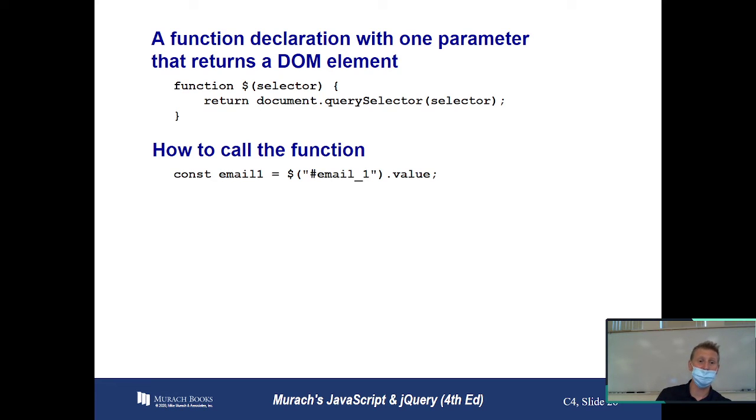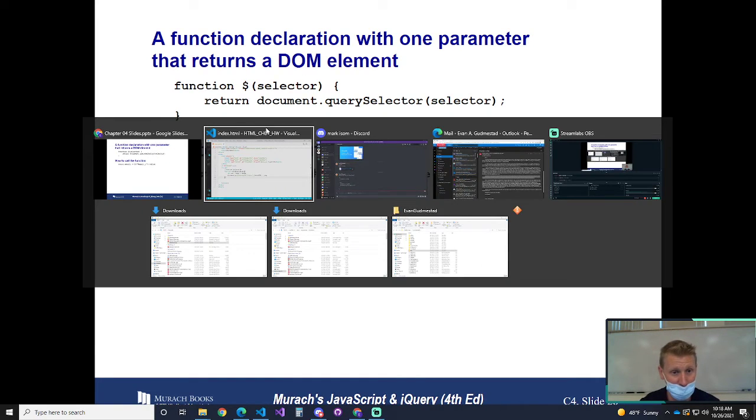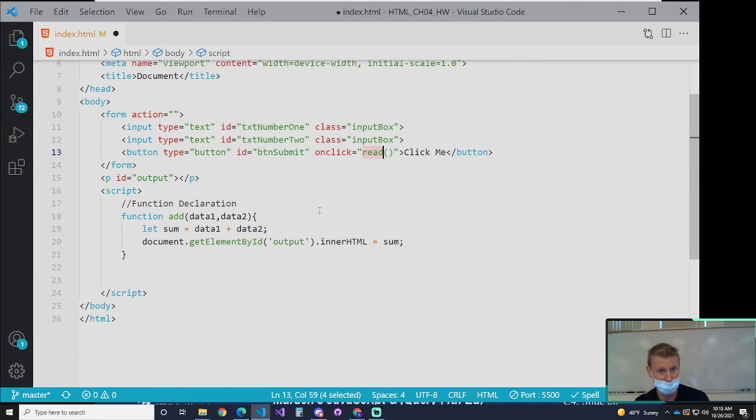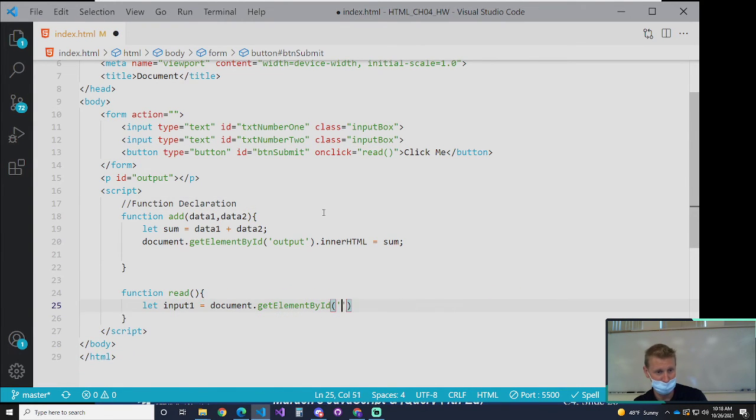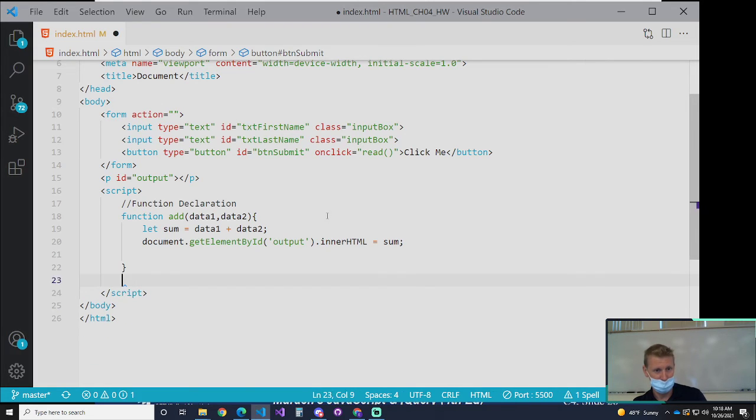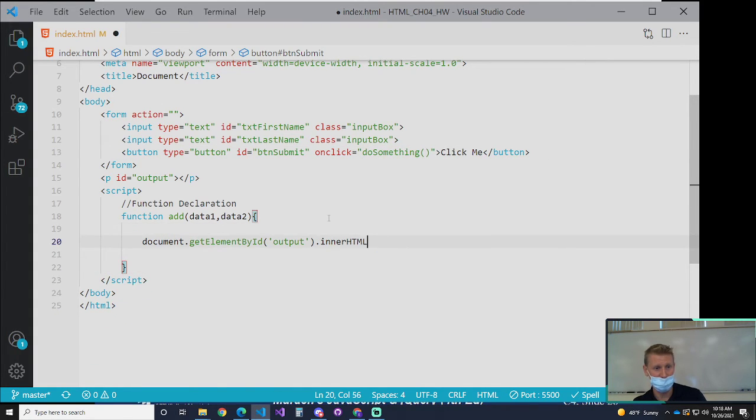You notice this function at the top takes one parameter. That parameter is a variable called selector. This function has a keyword return, which we haven't necessarily said what a return does, but a return sends information back to wherever that function was called. Let me explain return real quick. Let me explain what return does. If I bring back my old code,